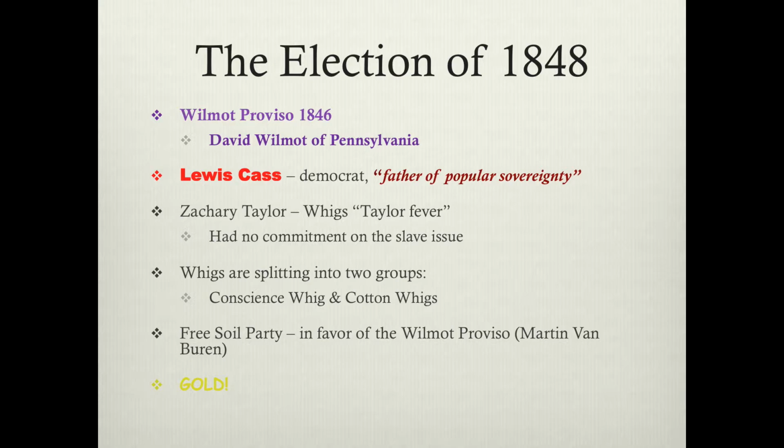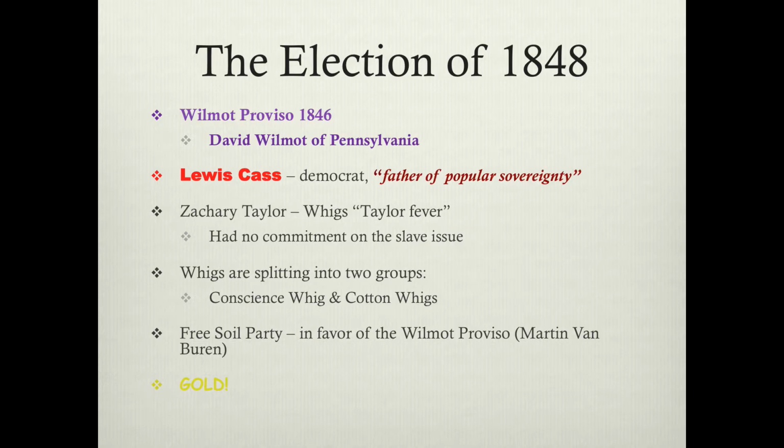And whenever you come up with bills in Congress, there's always people that like to add on other things, and we'll talk about that later on in class 2. But David Wilmot wants to add a provision. Proviso is Latin for a provision onto this war appropriations bill. And basically he says that he would like to see that any land acquired from Mexico, which would be New Mexico, Arizona, Nevada, California, since they were part of Mexico, and Mexico had outlawed slavery, there was no slavery in that land, then that land must remain free. That's what this provision says.